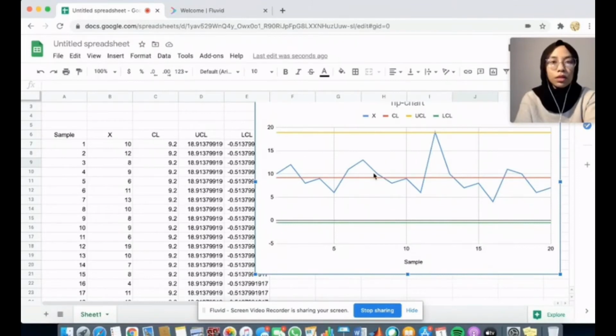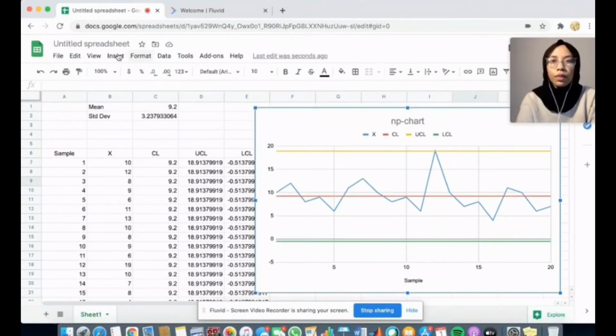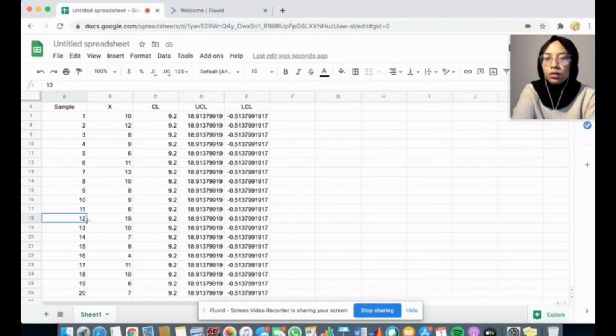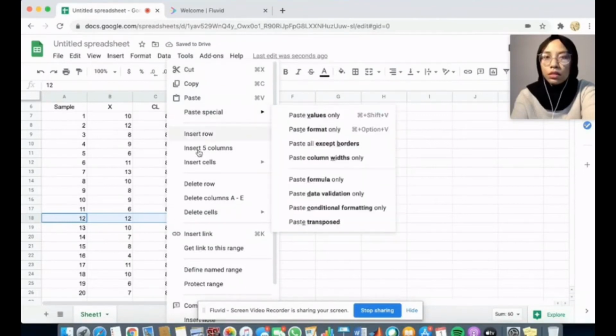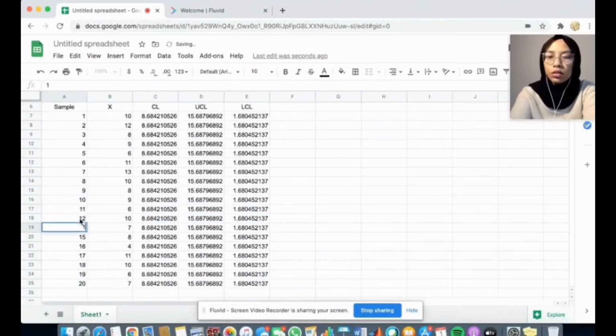So what we're going to do is eliminate the data. This is around 19. We are going to eliminate the data at 19, which is sample number 12. Next, I am going to eliminate the sample 12, which has the data 19. Let's eliminate. So I'm going to eliminate this. Delete this row. There we go. And I'm going to change this. 16, 17, 18, 19. And now, as you can see, we are left with